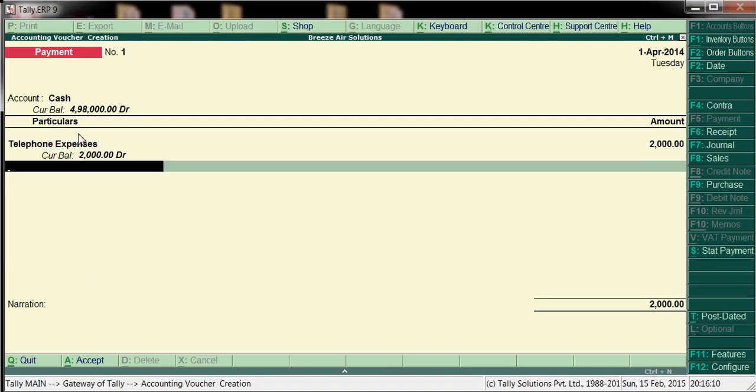Before posting this ledger our cash balance was 5 lakhs. Now I have posted telephone expenses of 2000 rupees, and automatically we can see how much cash we have in hand, 4 lakhs 98 thousand. From 5 lakhs, 2 thousand is automatically reduced.